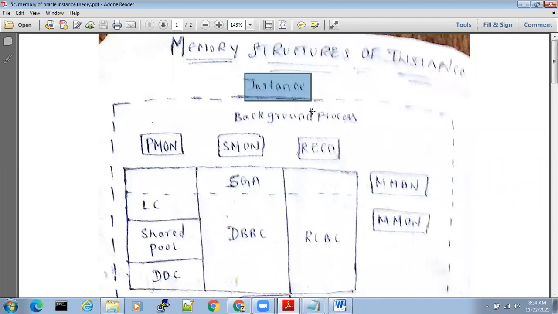It is a combination of SGA and background processes. SGA plus background process. So when the instance is started, remember carefully, SGA plus background processes will start.